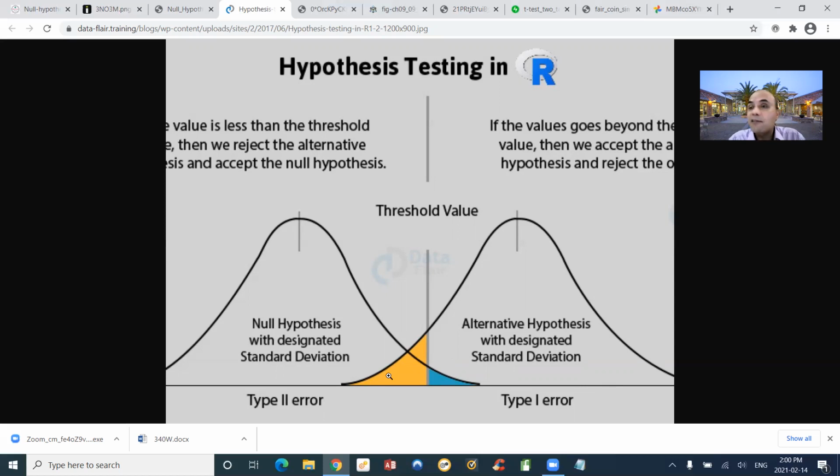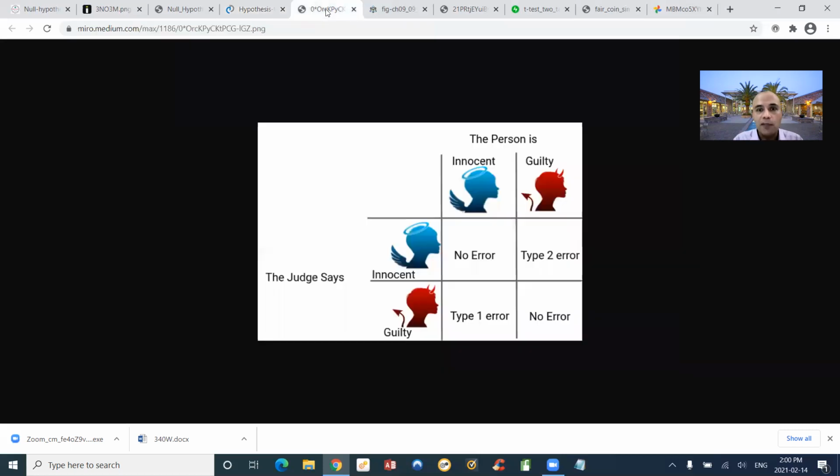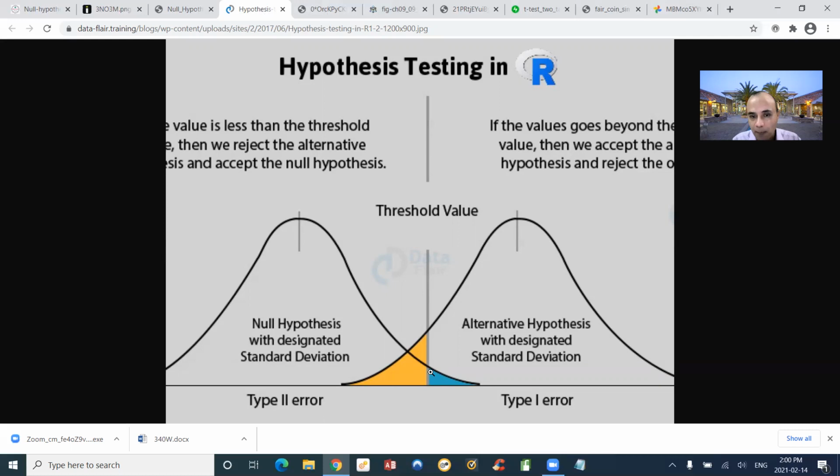How did you get these people in the prison in the first place? You are not finding the guilty in the right way. You made an error. So I want to explain what these relationships are. Please remember, there are two of them, and you need to keep that in mind. So this is what I mean. The person is innocent, but then you find them guilty. This is type 1 error. This is type 1 error in relationship with the